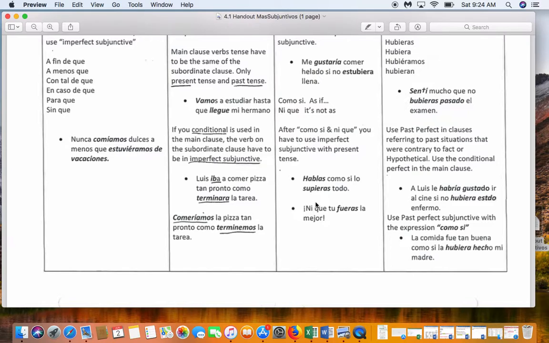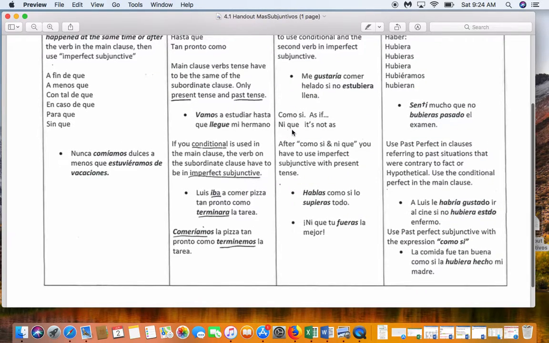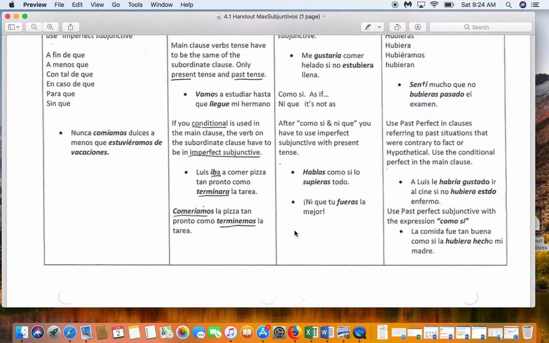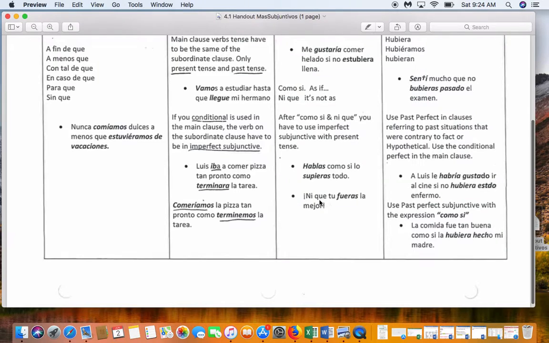When you talk like that with ni que, it's kind of a negative message. It's kind of a little bit sassy, a little bit rusty, okay? Rusty, I think that's how you say it. So it's not like a very nice comment to say. All right, so you're missing more context here, and this is the expression you're going to say.